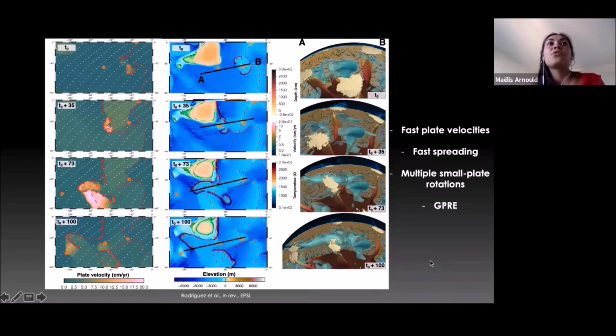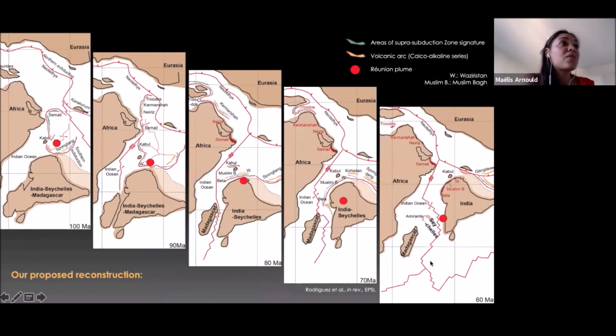So here is our proposed reconstruction, which would account for both the patterns that we observe in the models and the geological observations that I just told you. So around 100 million years ago, you would have the initiation of this proto-Deccan plume,